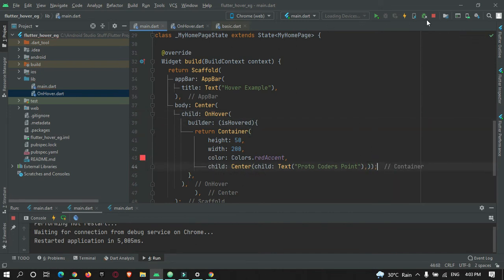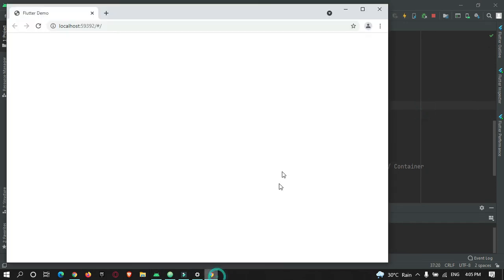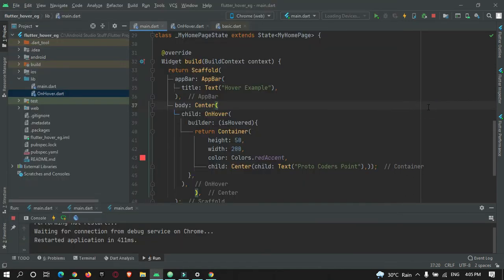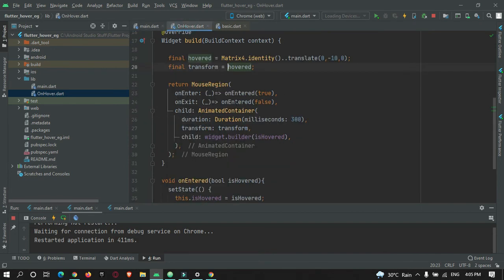Okay, so let's restart the app. Let's check if it is working or no. Okay, so our app is running. So let's check if it is working or no. So I'm just hovering. So there is no changes. Okay, so let's check on hover. Okay, fine.